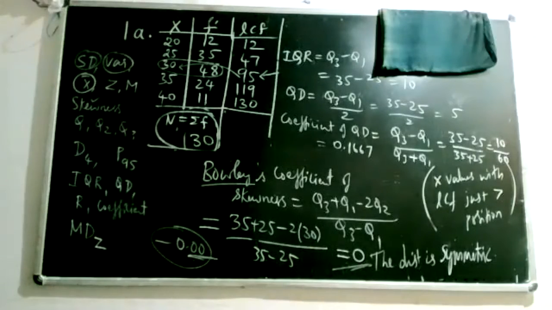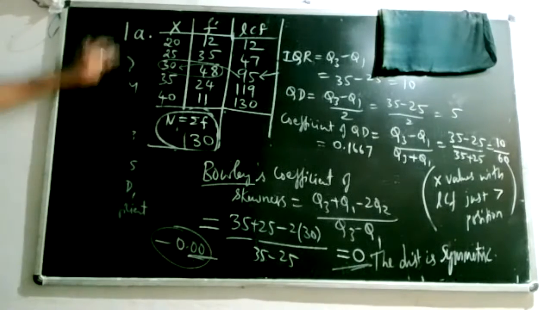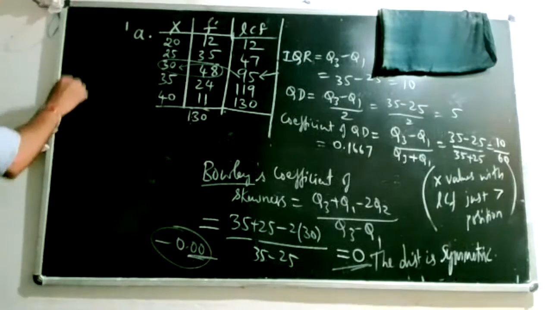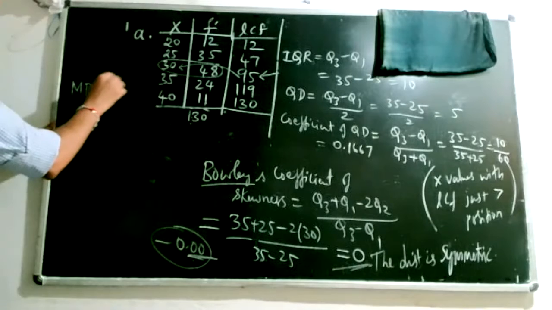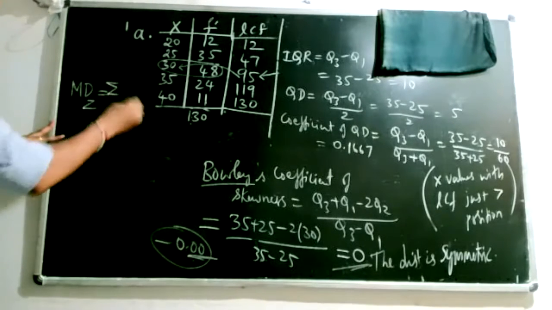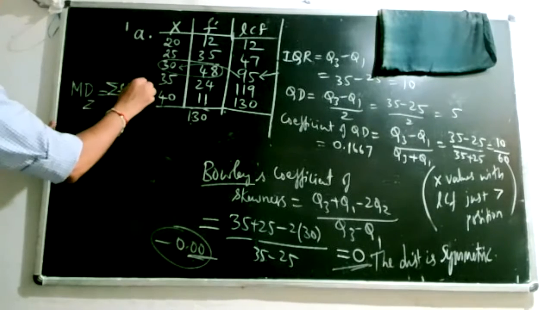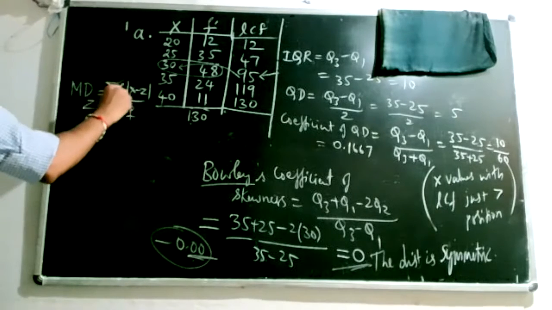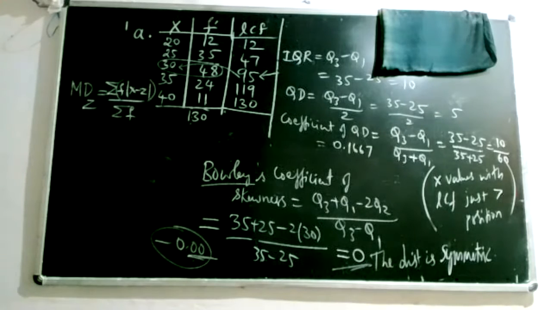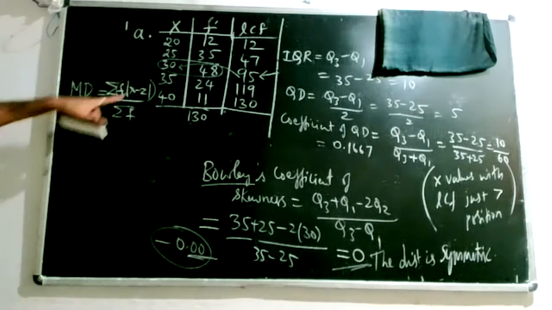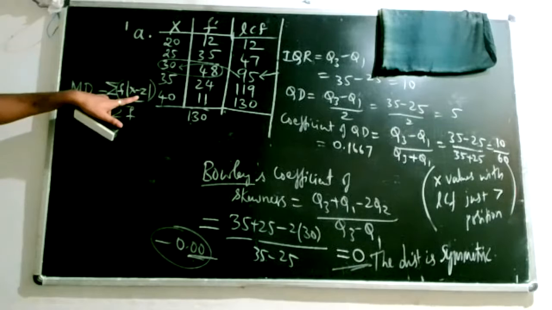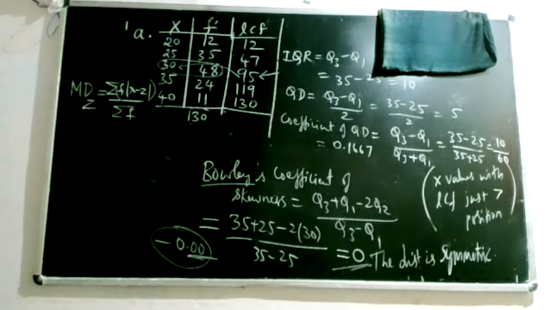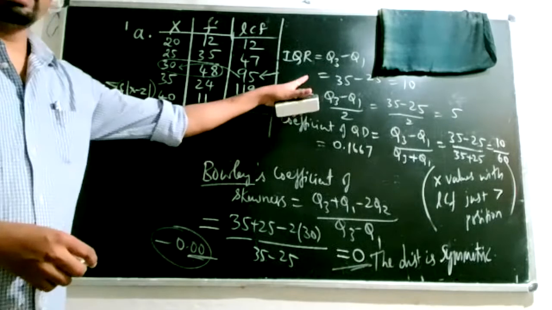Work on it. The only thing now is MD about Z. Again it is the same. We have frequency data. In the case of raw data, we just write sigma mod x minus Z. Now it is sigma f into mod x minus Z divided by sigma f. So it is the total of the product of f into mod x minus Z. First you have to do mod x minus Z for every x, multiply that by f and take the total, then divide the total by the total of f. Can I clear this part?